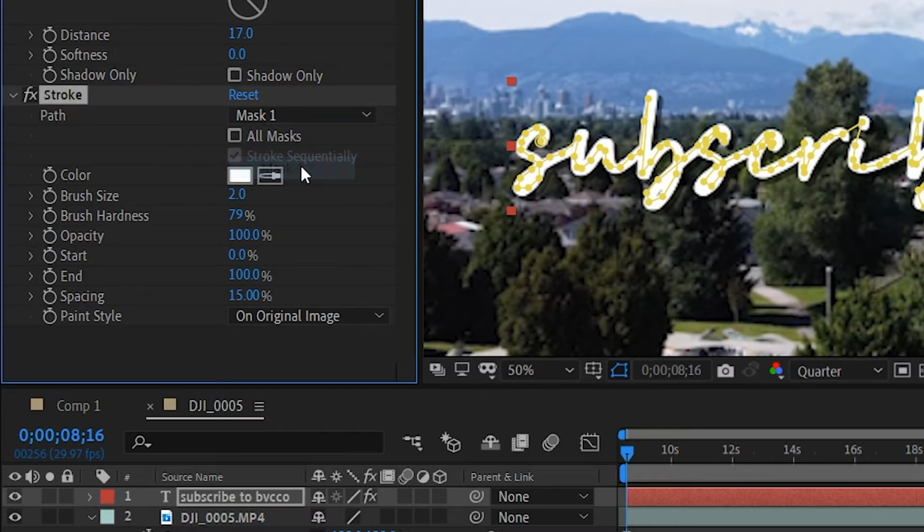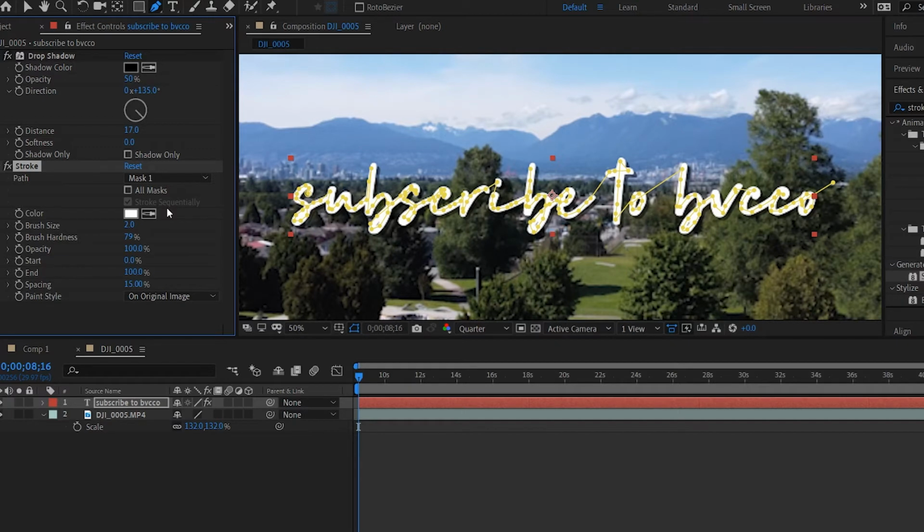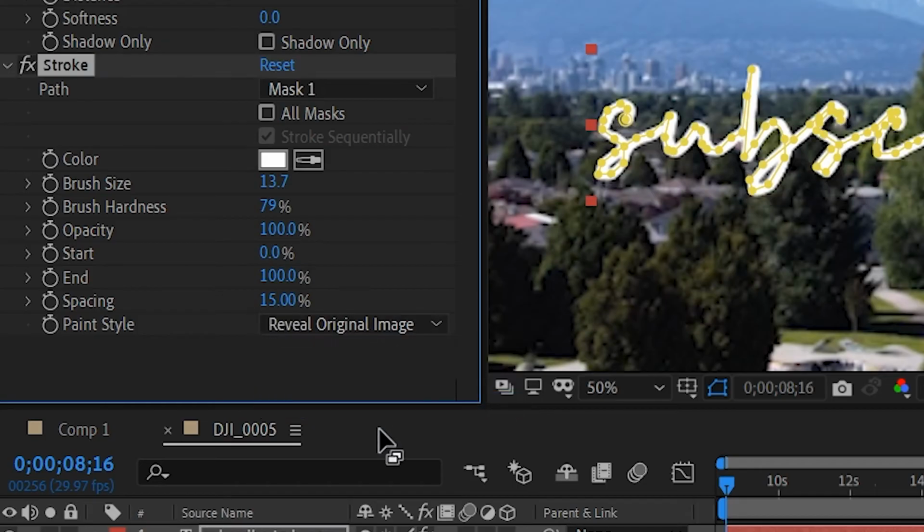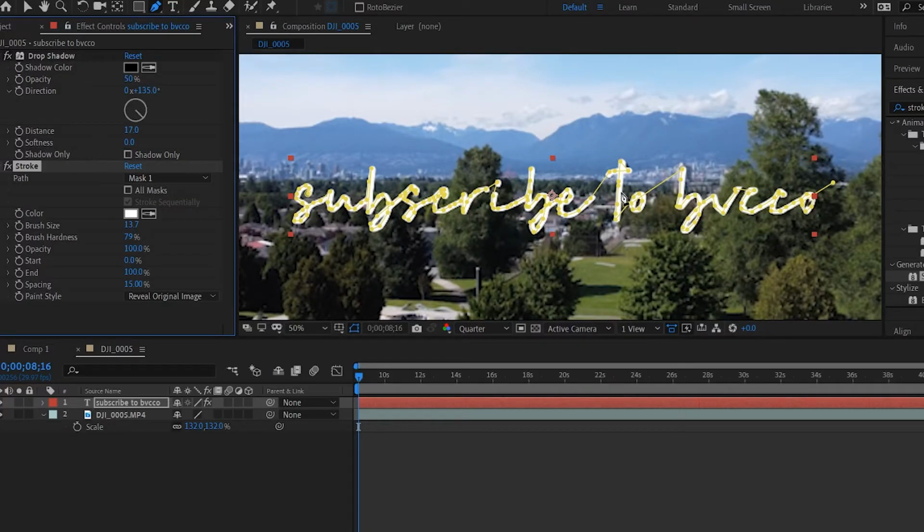So you want to go to Mask 1. And then you're like, okay, nothing happened. Next, you want to increase your brush size so it will cover the length of the text, instead of being just the skinniness of the little stroke itself. So you crank up the brush size. And last but not least, you want to go into Reveal Original Image. And as you can see, I want to increase the brush size even more,